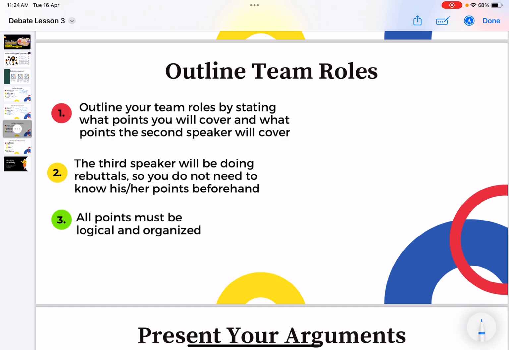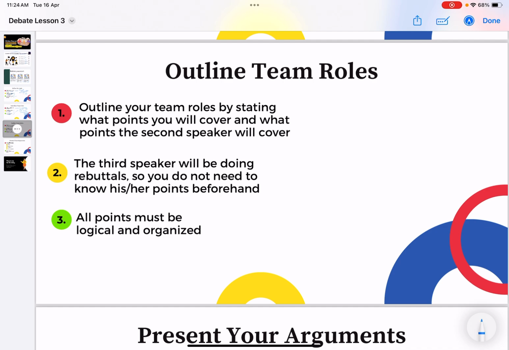Okay, if you notice in the second lesson, I have mentioned the first speaker, your point must be the strongest. Sometimes what happens is the team strategizes that the second speaker will have the best points. Okay, that is great, that is good. If there's a strategy, go ahead. Strategies change. There's no one size fits all. Different teams will have different strategies, but I always say the first speaker, you must have the strongest point. You also have to be one of the good speakers in your team, but you must have the strongest point because you are going to set the tone.